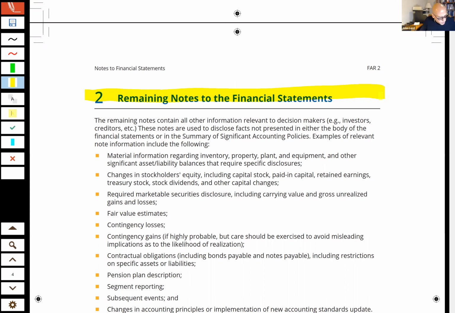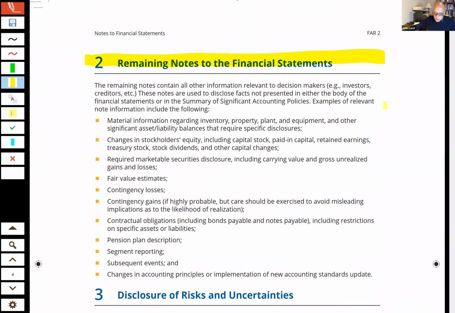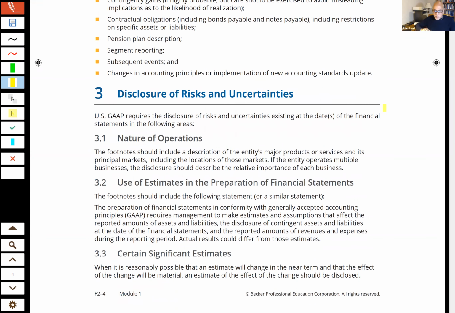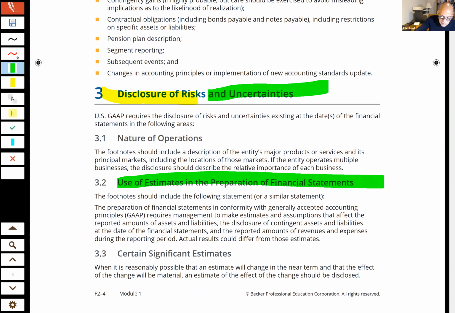So the key takeaway: summary of significant accounting policy is things like measurement methods, etc. Okay, good. Now you come over and we talk about disclosure regarding risks and regarding uncertainties. The key thing when we talk about uncertainty is the use of estimates. And you see in every set of financial statements basically a warning that says there is uncertainty regarding estimates. We'll call that estimate uncertainty. When they talk about uncertainty, they're talking about estimates associated with uncertainty.